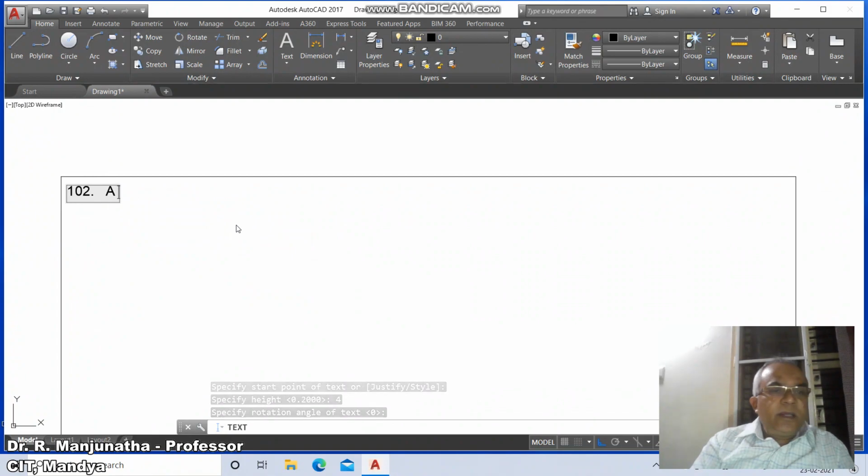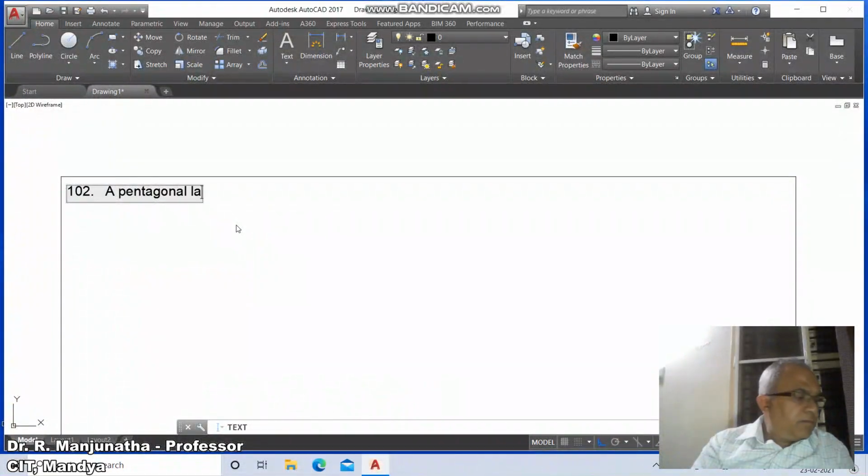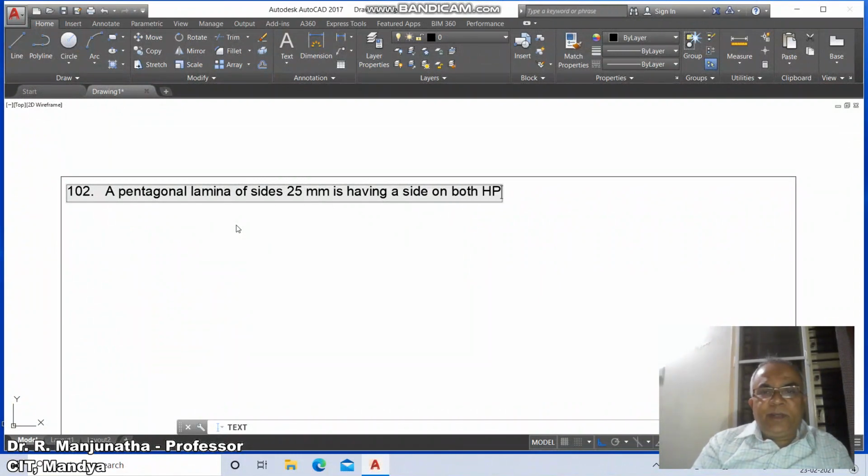So here a pentagonal lamina of sides 25 mm is having a side on both HP and VP.